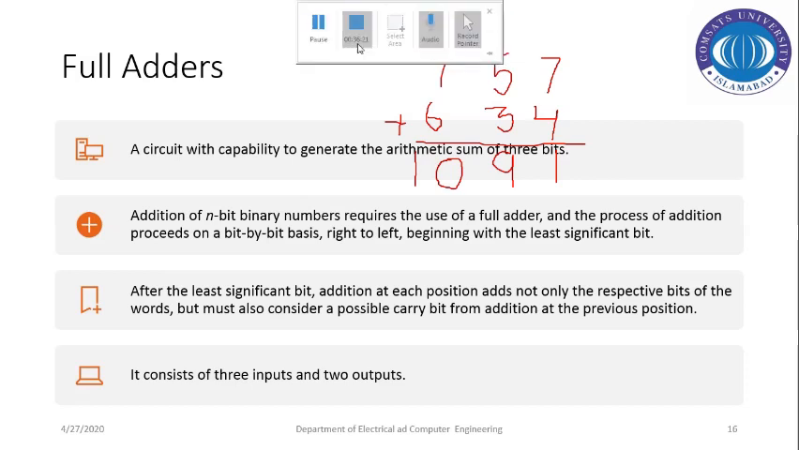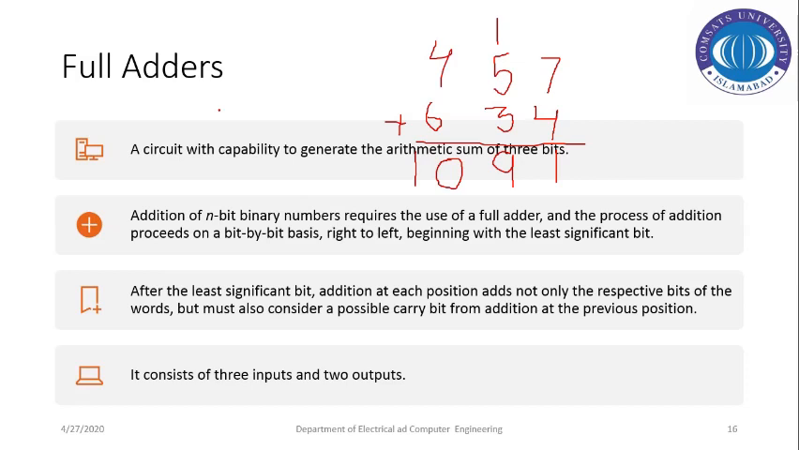A full adder circuit is a circuit that has the capability to produce the arithmetic sum of 3 bits. Let us discuss an example of binary data. Let us assume that I'm going to add 1 0 1 1 with 1 1 1. For the first addition, 1 plus 1 equals 0